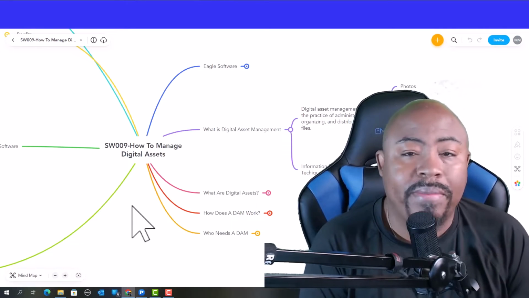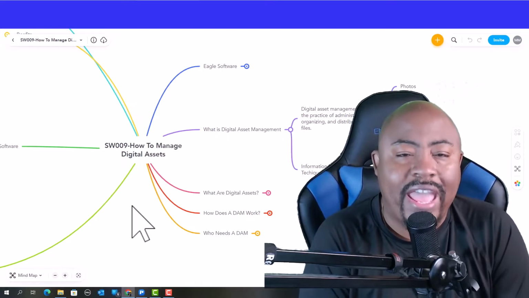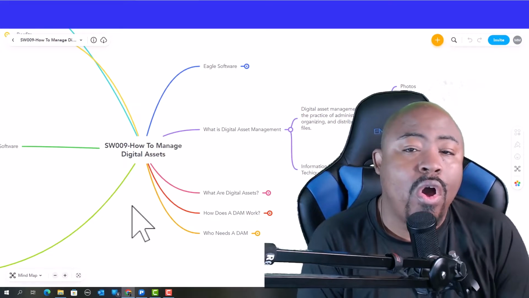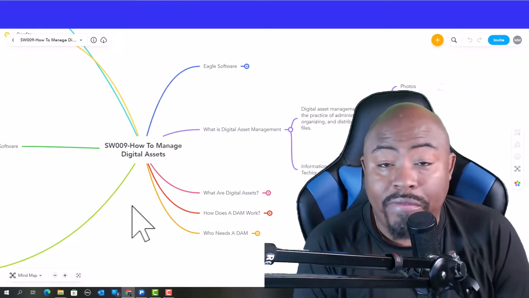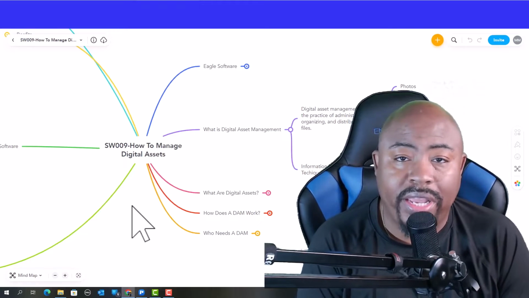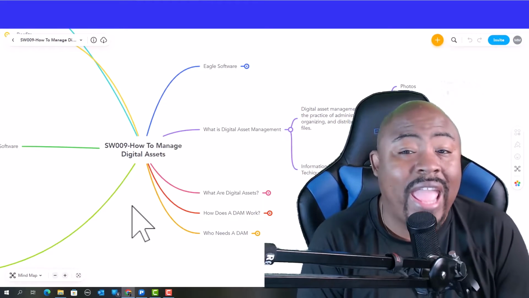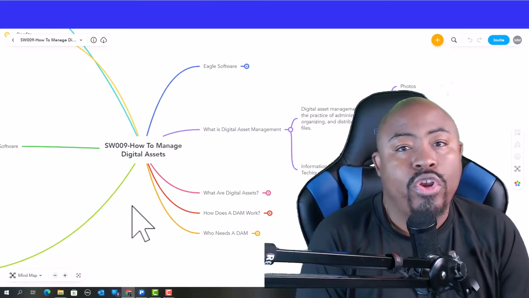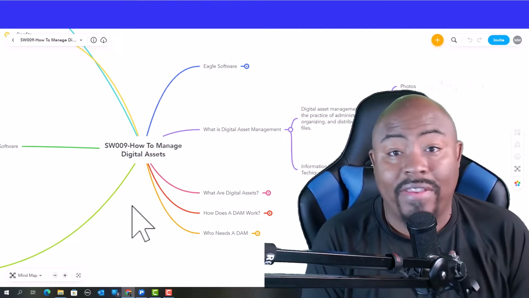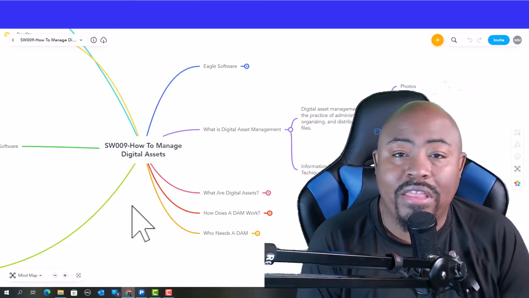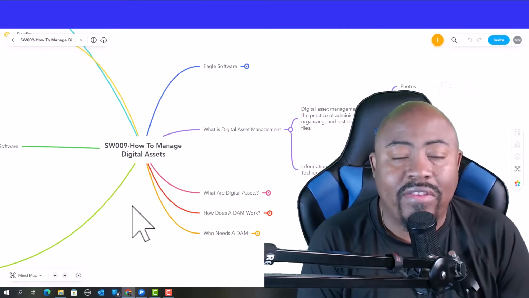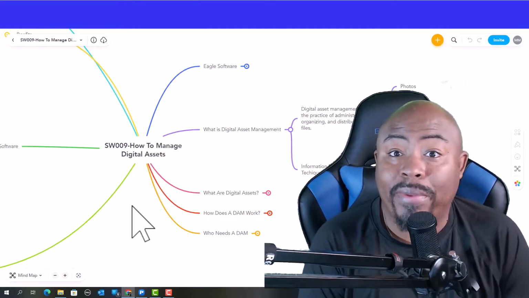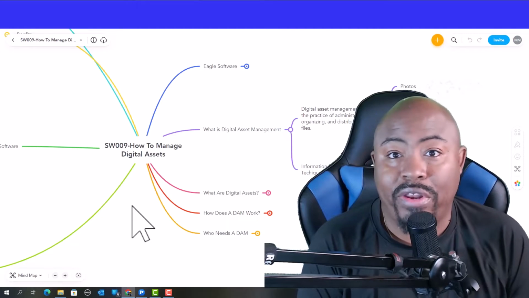Now, part of the problem is when you have a whole lot of assets already, you literally have to sit down and tag and categorize all of those assets. And many of you, if you're like me, you're trying to stay up to date with the market, and so you're buying a lot of digital assets and adding that to your library. And that can be overwhelming, especially when you're getting 1,000, 2,000, 3,000, 4,000 assets at one time. And now, because of the way that the market is, they send you a Google sheet or a Google link, and you just simply download all 2,000 or 3,000 of those digital